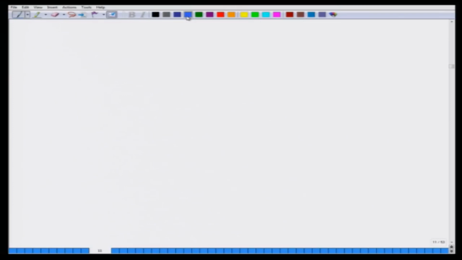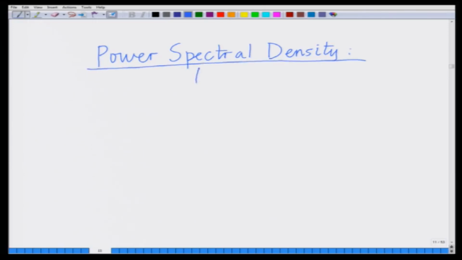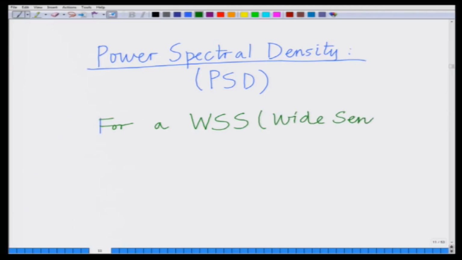So what we want to start looking at today is another new and important concept, which is the power spectral density, and I am also going to abbreviate this as PSD, the power spectral density. And what is the power spectral density? We have already seen that for a WSS, which is basically for a wide sense stationary